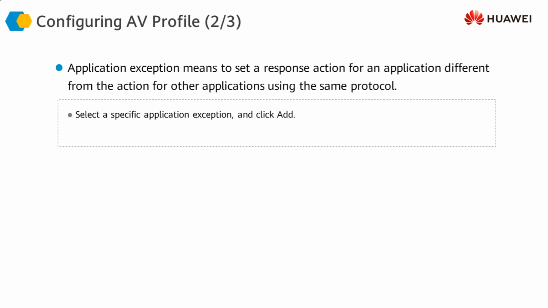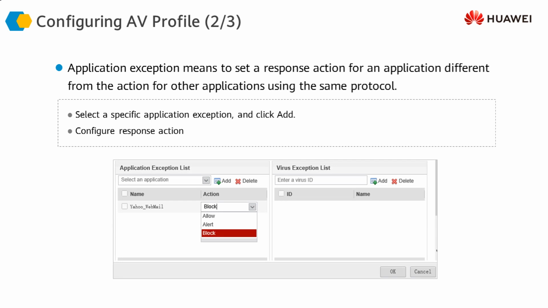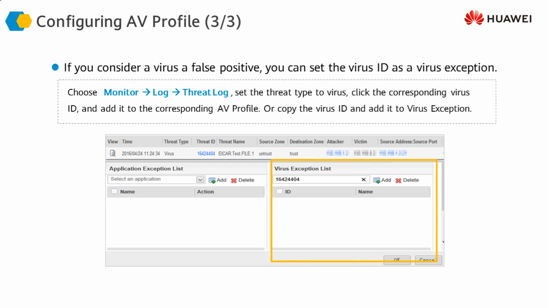For example, if we add an application exception list, we can add an application from a list, and we can say that this is an exception, and we could either allow or alert or block that file depending upon the normal behavior we have defined for this type of traffic. This specific traffic is going to get a different behavior. Similarly, if we want to add a virus exception list, we could identify the virus signature ID, or the virus threat ID number. We can add a number here, and then we can define a specific behavior for this type of virus, which is going to be different from the regular behavior which we configured earlier.